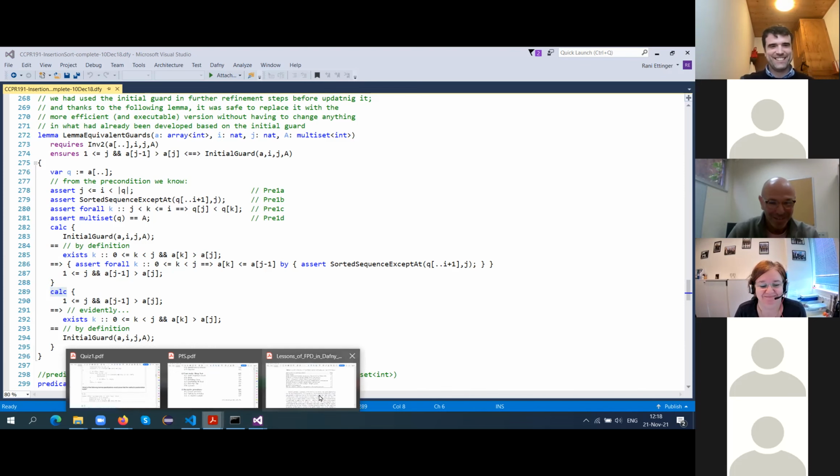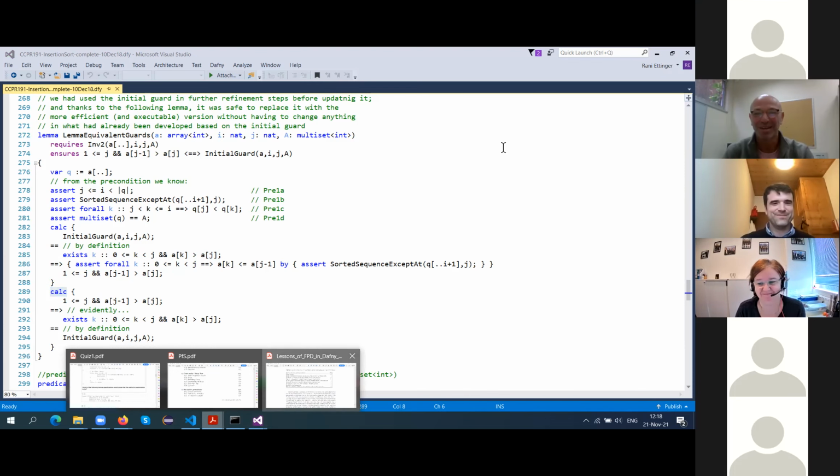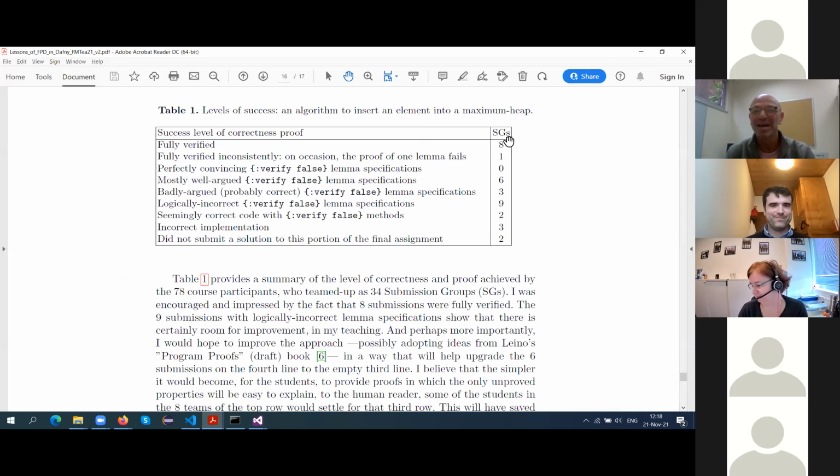Well, so I was having this in the paper, this table saying, okay, so in this iteration of the course, I had up to 3 members of each submission group, and you could see here for one assignment, the heap insert, I believe it was 8 fully verified, but they worked hard.